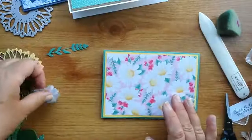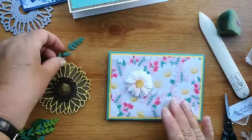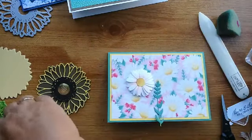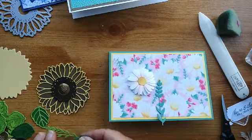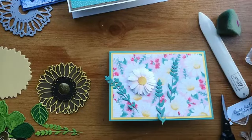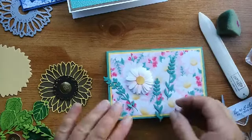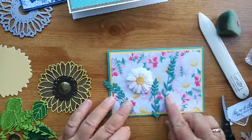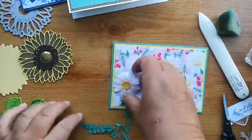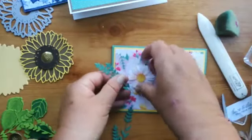So here we have my daisy from the Daisy Punch, and then this is where I'm just bringing in these pieces of foliage. So I should have 4. I can see 3. 4, no, 3. Has anybody else had this happen? Okay, let's layer these up. So,